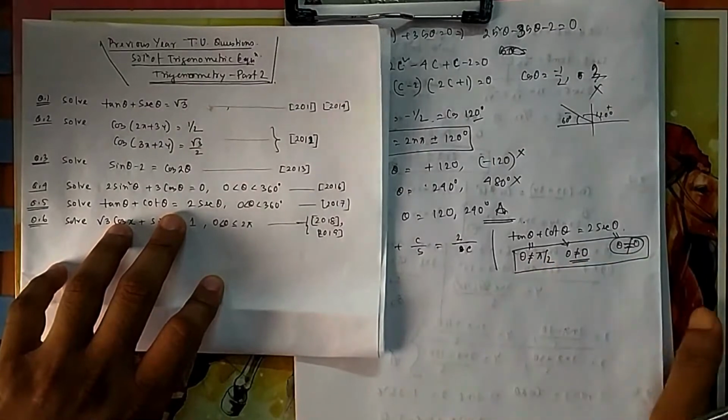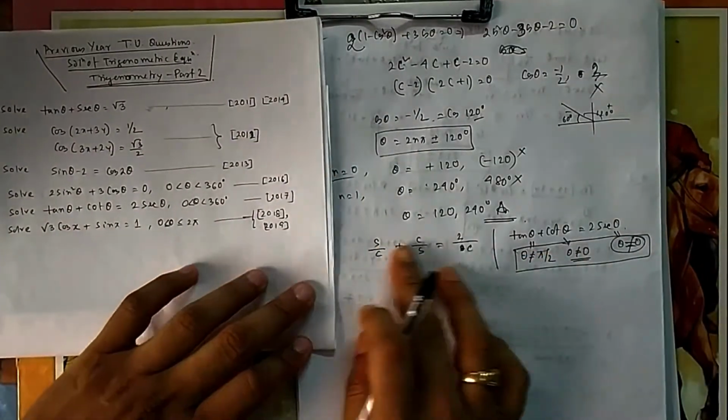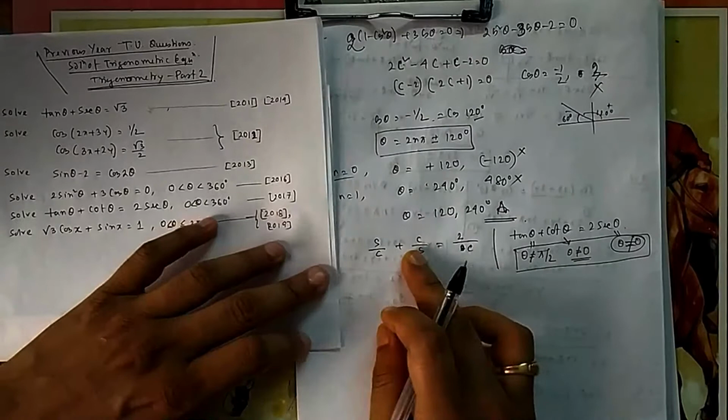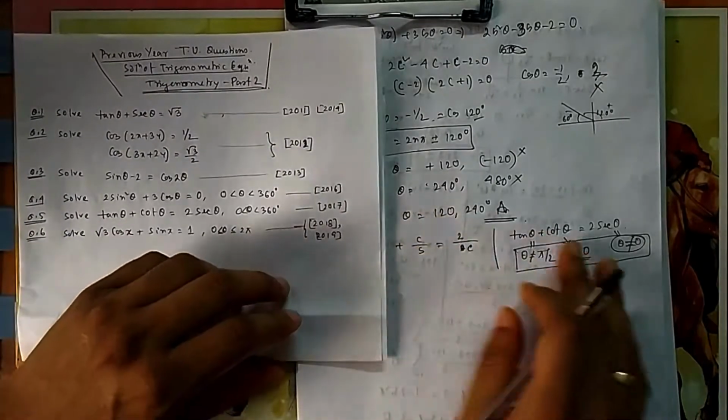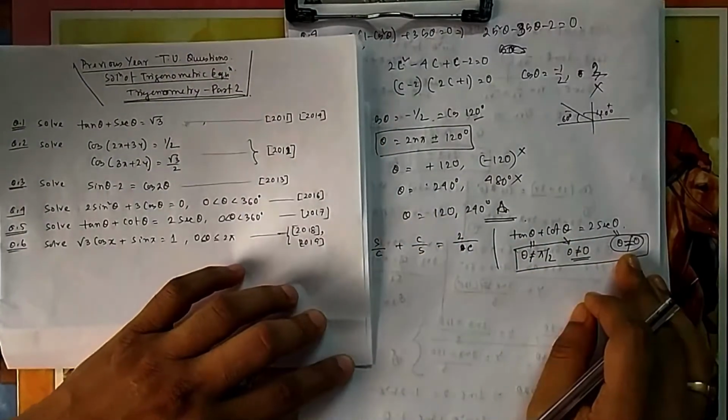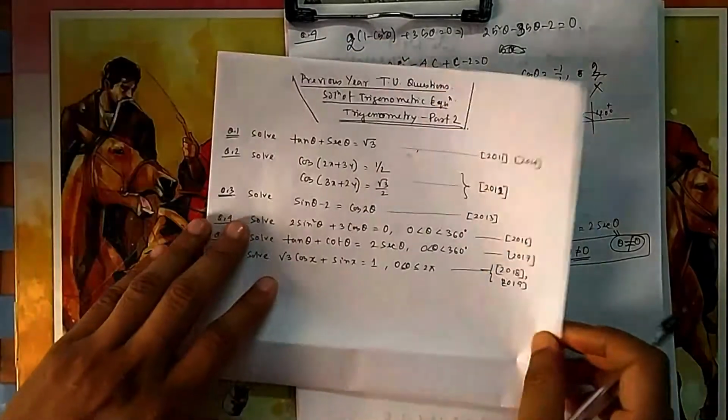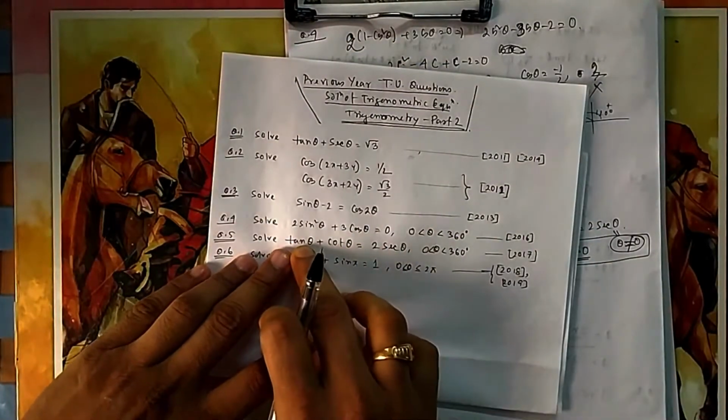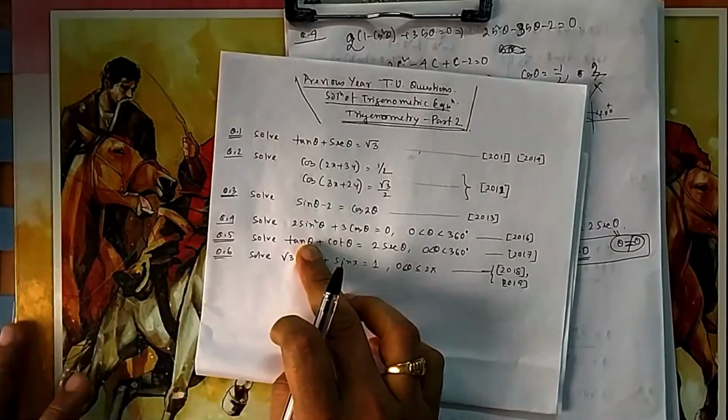Theta cannot be 0, theta cannot be pi by 2. You have to be careful here, because in sin and cos everything is possible. When I am converting into sin and cos, you will see all the solutions will come. But these solutions you will not take, because the original equation was given in tan and cot format. If it is tan, we cannot take values of theta for which it becomes infinite.